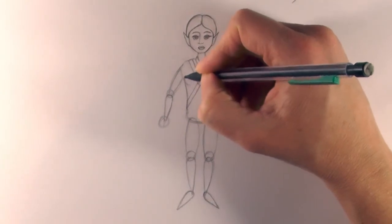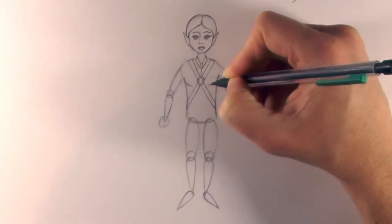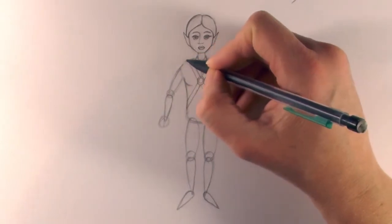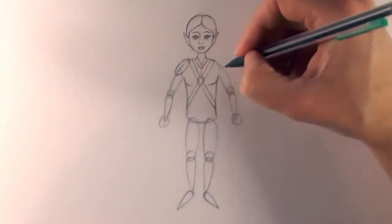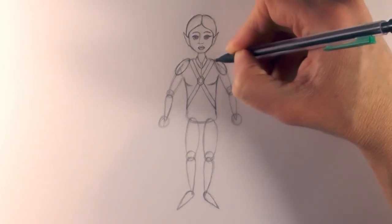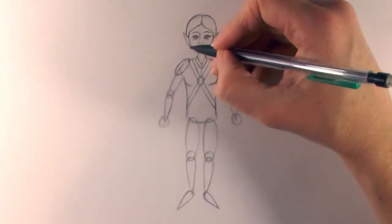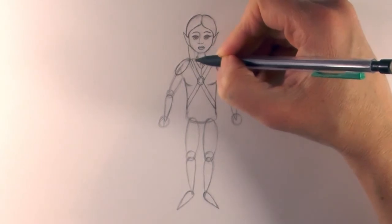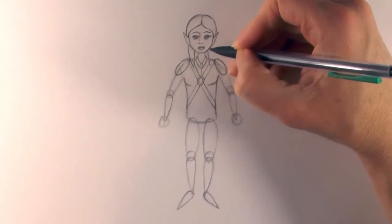And just bring a slightly curved line in like that, and again on the side. And then we'll give her some ovals for the shoulder protectors, like that. Then for her, I'm going to draw the rest of her hair as well, so it comes down, curved lines like that, and then again on the side,